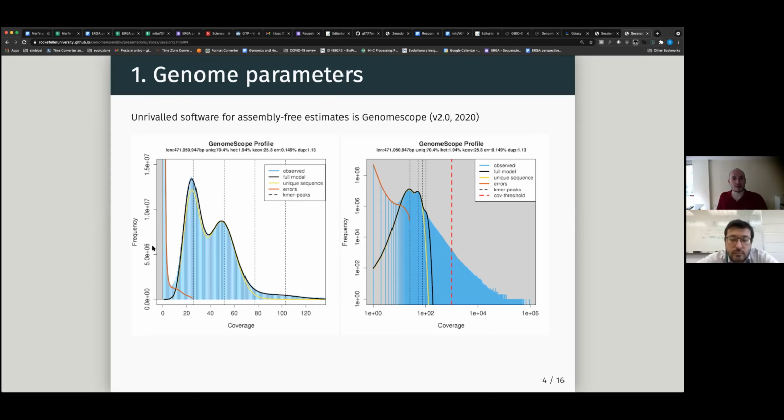Thanks. Okay, and so we have two peaks. These two peaks correspond, in a diploid organism, as in this case. I don't even know what this is from, honestly, but in a diploid organism, we have two copies of all chromosomes of the genome. We have a diploid peak and a haploid peak. These two peaks correspond to those sequences that, as judged by the K-Mers, are seen either essentially